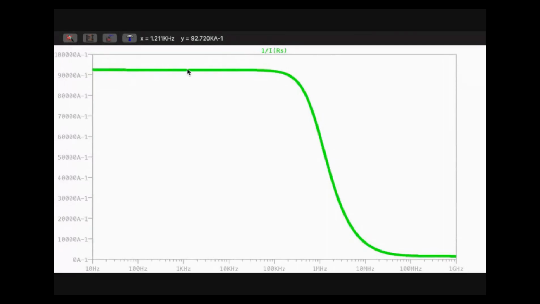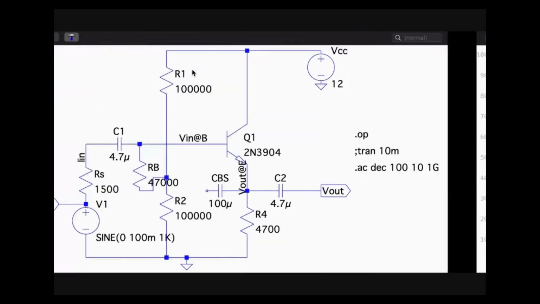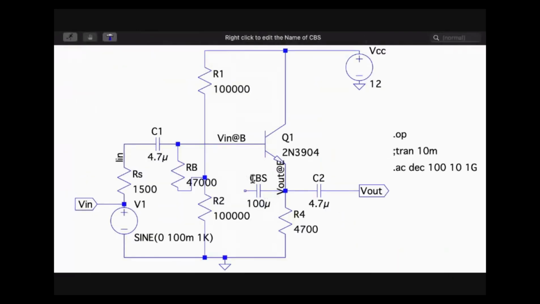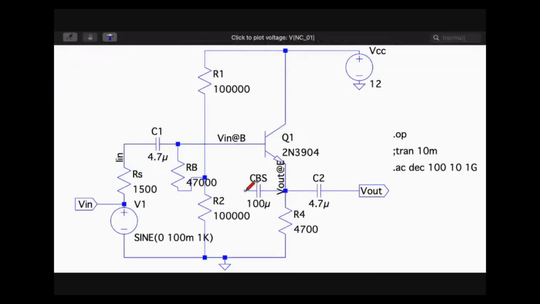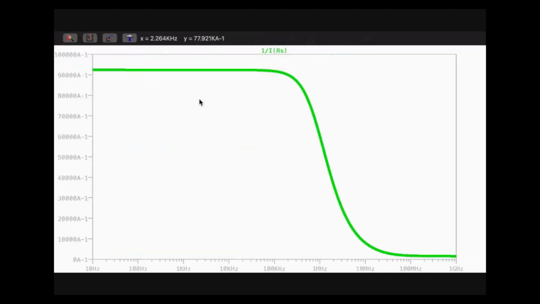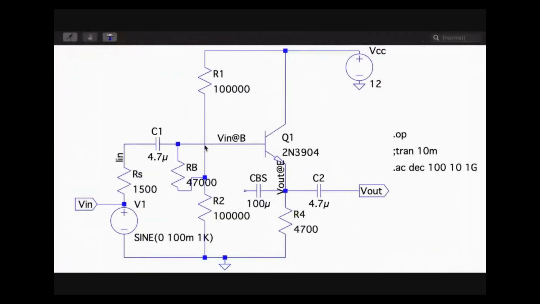If you click here, you can see that the resistance is around 92 kilo per ampere, which is kilo ohms basically, right? So for this circuit, when we are not doing bootstrapping, the input impedance is very close to 92 kilo ohms. Now, from the theoretical understanding, if I connect this capacitor back to this point and run the same analysis again, the input impedance should be much higher than this, because what you are seeing as input impedance here is a parallel of beta plus 1 into Re plus Re, in parallel with this combination.